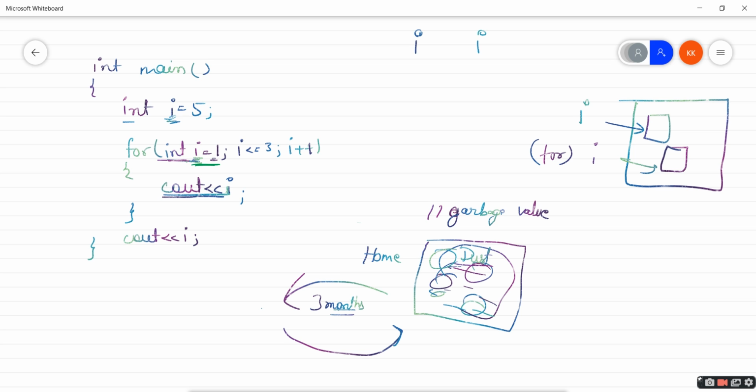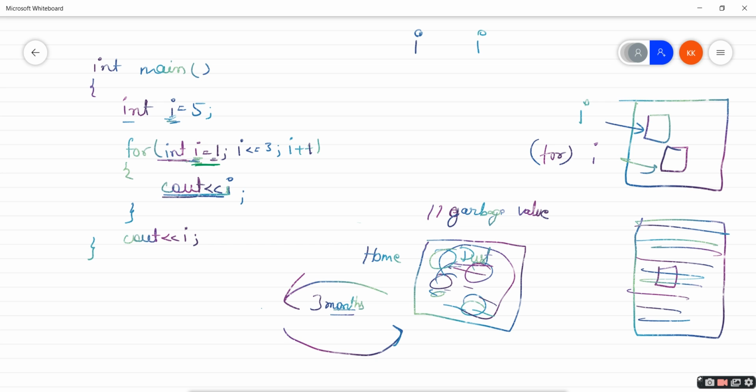In the same way, when we declare a variable, this is all our memory, and when we declare any variable, it is going to take a location, and the name of the location will be whatever variable name I have given. If I do not initialize this with 5, then in C++ some garbage value is already there in our memory.